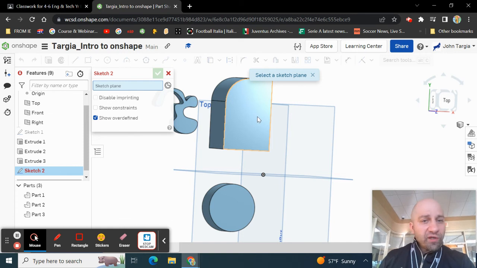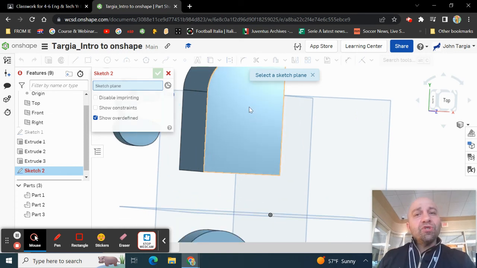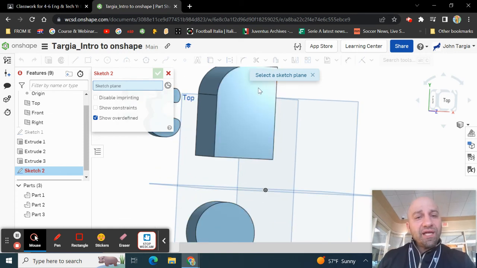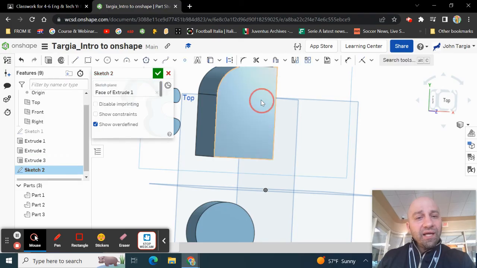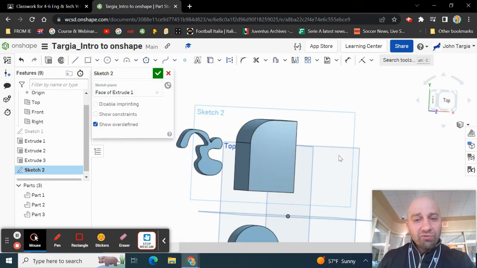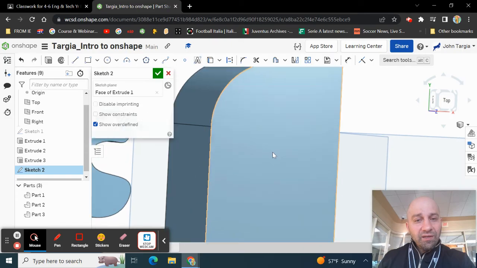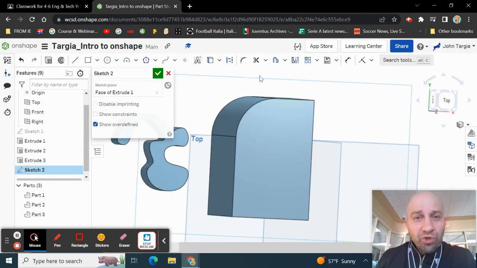I'm not going to choose front, top, or right this time. I'm going to choose this actual surface here as my sketch plane. So when I click on it, it actually makes a sketch 2 box right on that surface. Now I just want to do this so I can show you the text tool. This allows you to make text, and by clicking once, you're going to drag a box, just like a text